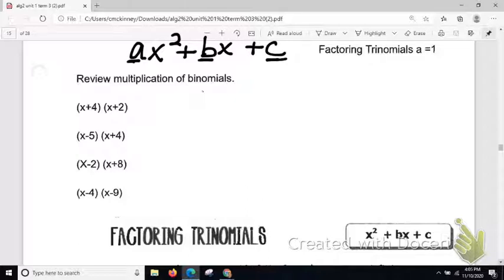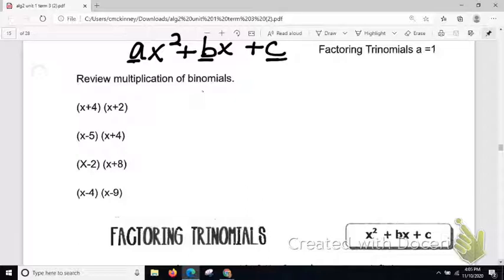To help us with this, and because I have repeatedly mentioned that factoring can be checked with multiplication, they are like inverse operations. So let's review a little bit about multiplying binomials. A binomial is when we have two sets of parentheses,